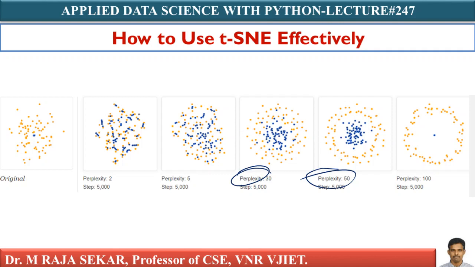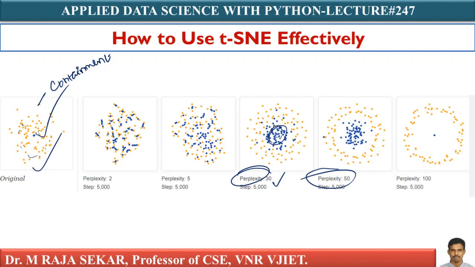So this shape is called containment. This is called the containment shape, because these blue points are contained within my orange points. These are my orange points. Within the orange points, I am keeping blue points. By the time I have perplexity 30, I am getting a sense of what's happening. All my blue points are inside now, isn't it?